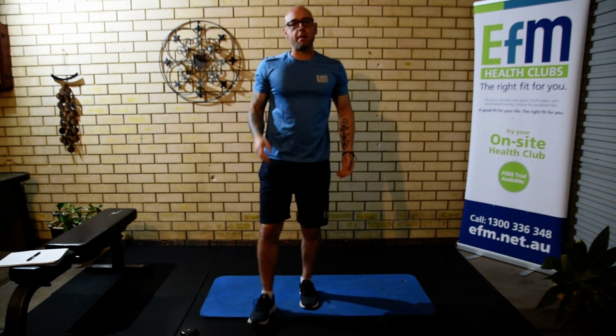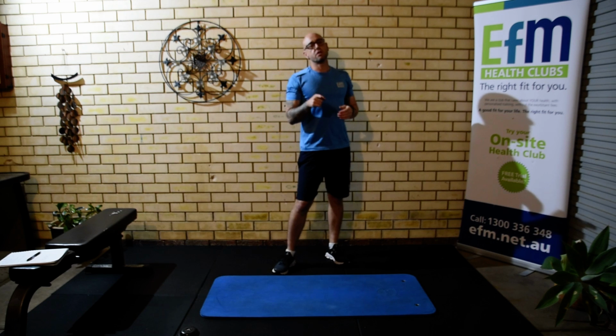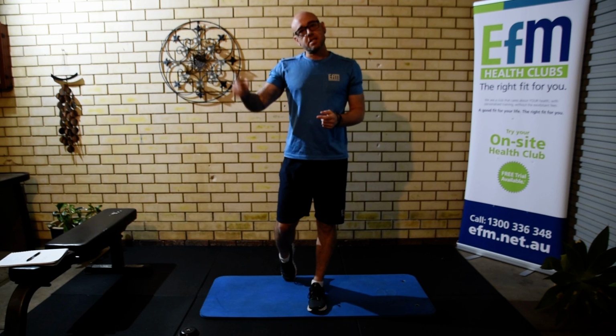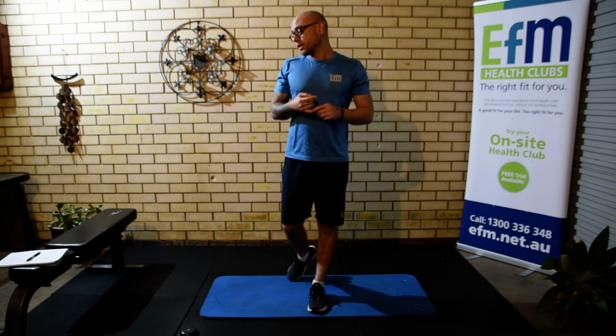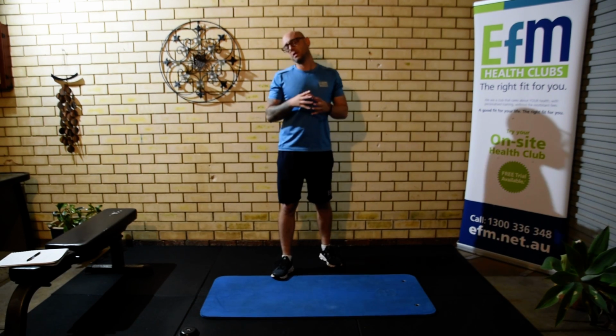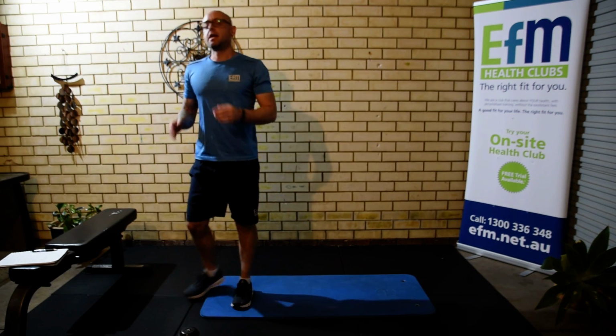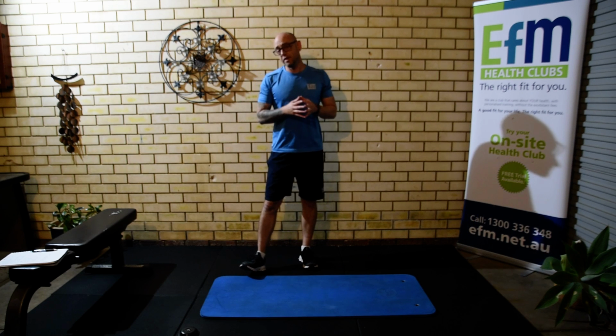That's our first AMRAP, so make sure you have a good look at those exercises, guys. Have a practice on them first. We're going to do 15 minutes, as many rounds as possible for those ones. The shoulder drops, we're going to be doing 10. The single leg dips, we're going to be doing 10 on each side, so 20, or the overheads, 10 on